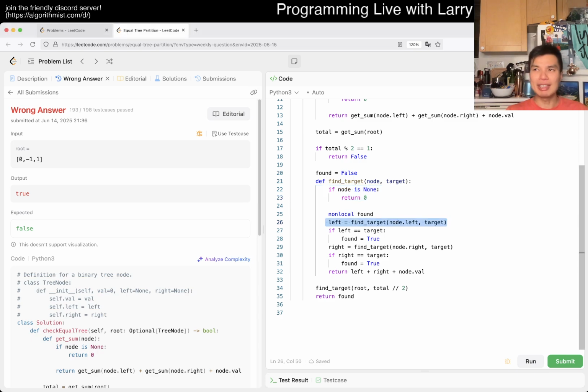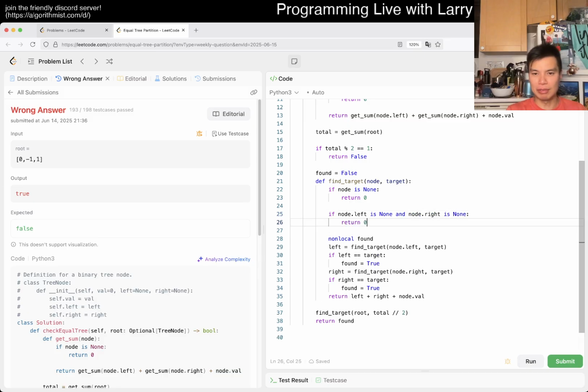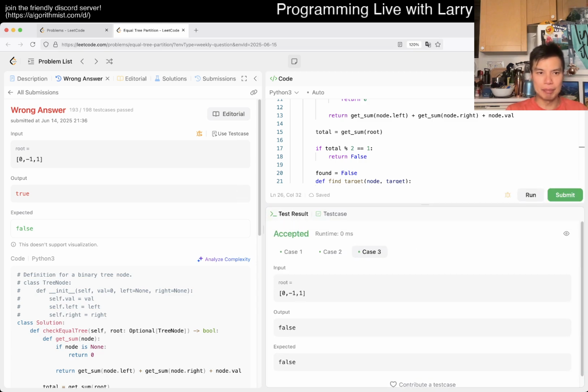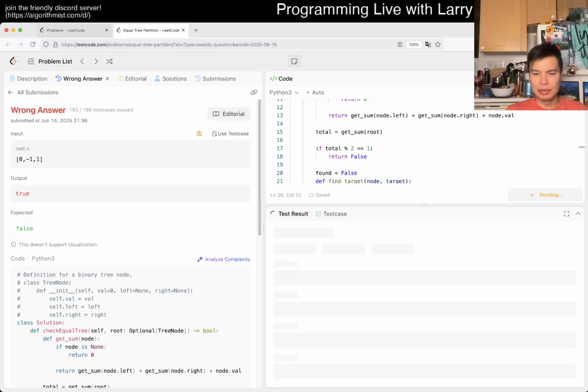So for a leaf node, or even it doesn't have to be a leaf node, right? Because the total sum of the tree is 0. So even if I handle leaf nodes, this would be wrong. Because you could imagine I go, okay, if node.left is none and node.right is none, then we return node.value or something like that, right? But that still doesn't fix it. It fixes for this case, I suppose, right? But you can imagine another case where it's something like this, and it was still, this would be